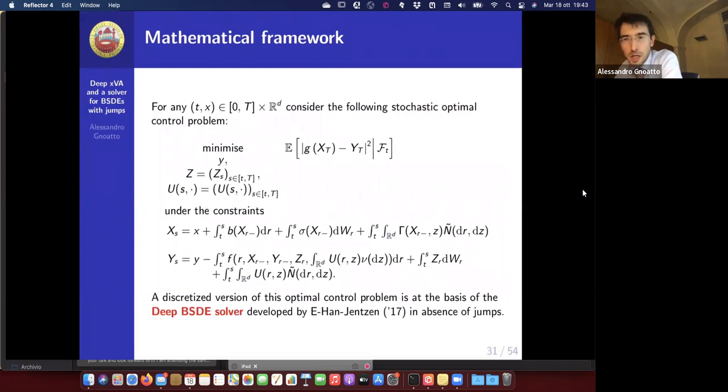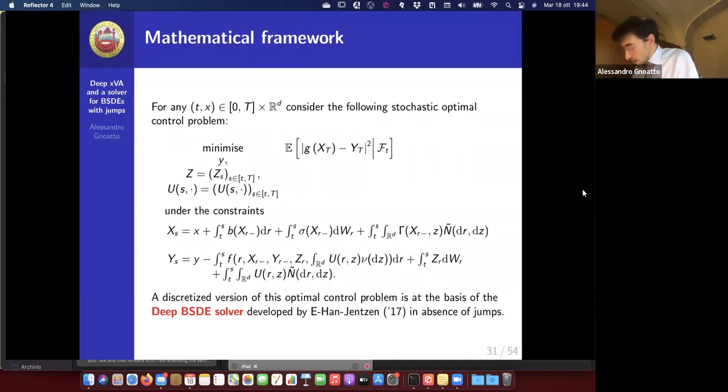Also in the first part, we were looking at the system of forward-backward stochastic differential equations from the point of view of stochastic control. This does not change in the second part, because you see that the functional that I want to minimize is still the same. It's still the same as before. I still look at the difference between the terminal payoff and what is produced by the BSDE, over the initial condition of the BSDE, over the control for the Brownian part, and over the control for the jump part. So we want to minimize this squared distance here, subject to the dynamics of the forward-backward system.